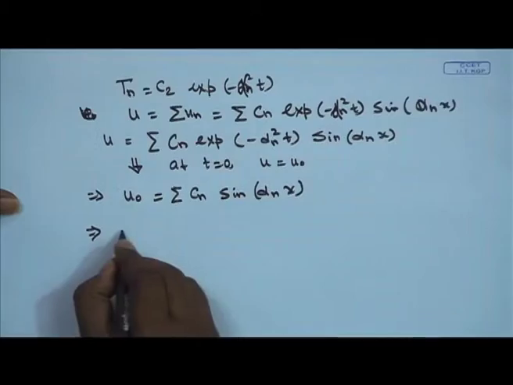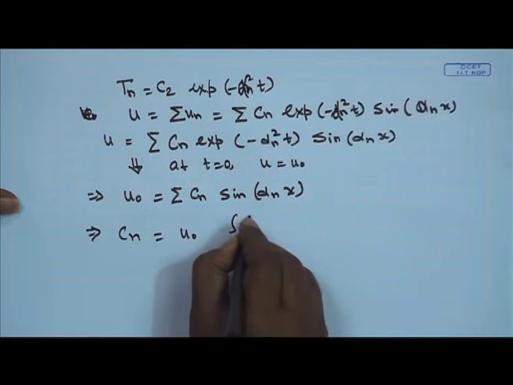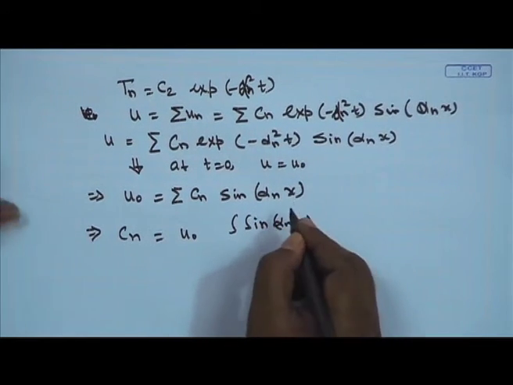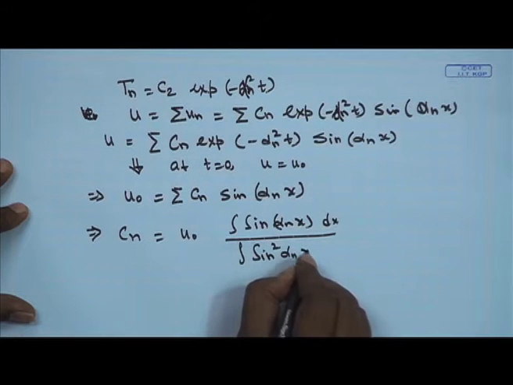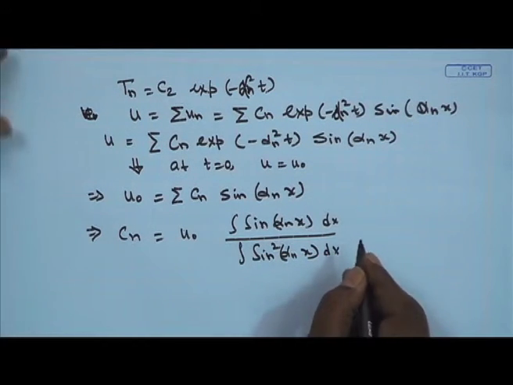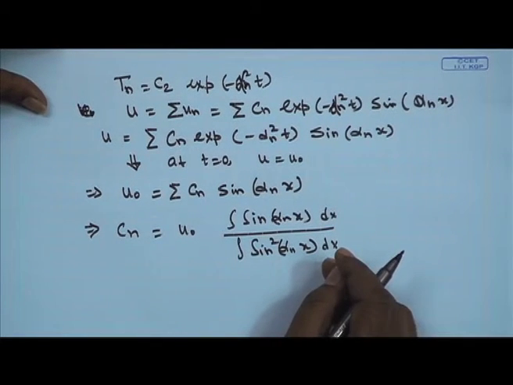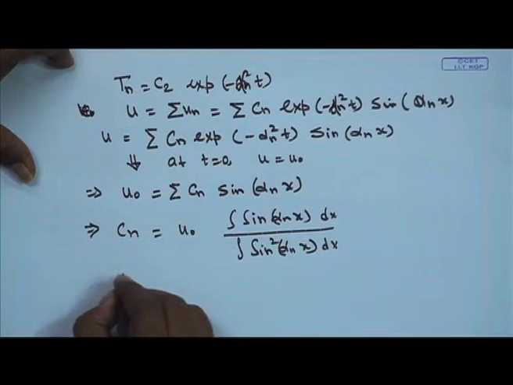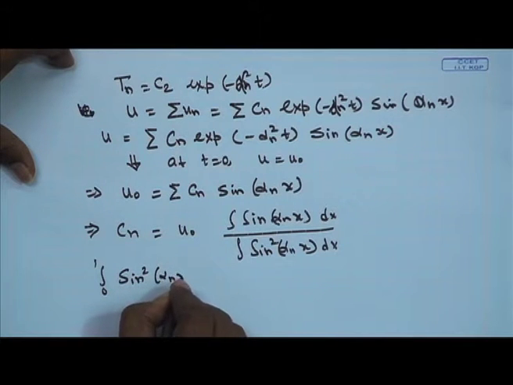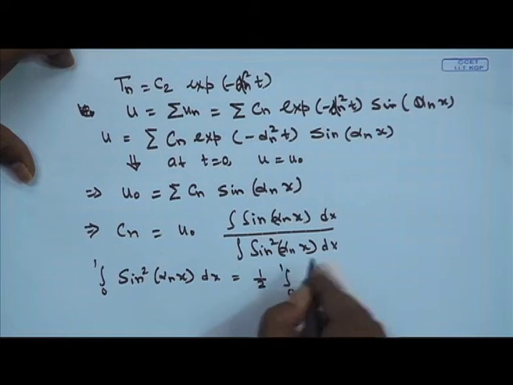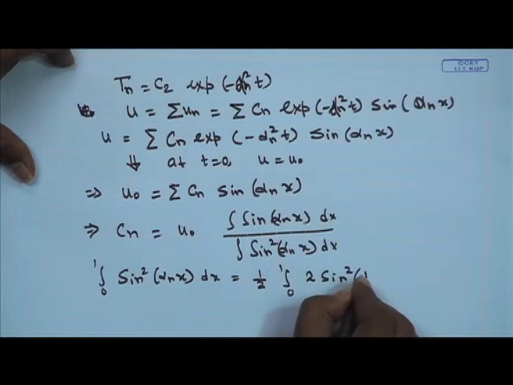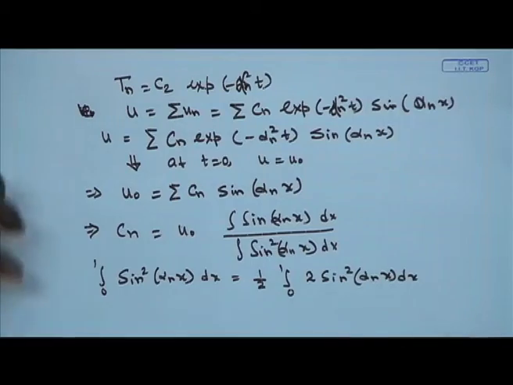So, let us get that. Cn will be u0 integral of sine alpha n x dx divided by integral of sine squared alpha n x dx. So let us look into the solution. First let us look into the integral from 0 to 1 of sine squared alpha n x dx, I am talking about the denominator. So this becomes, just multiplied by half, integral from 0 to 1 of 2 sine squared alpha n x dx, and